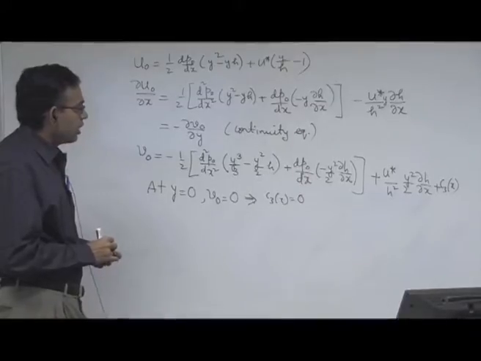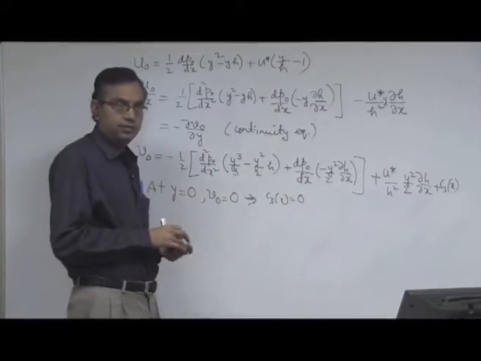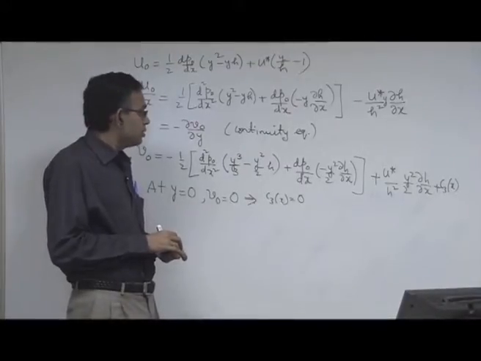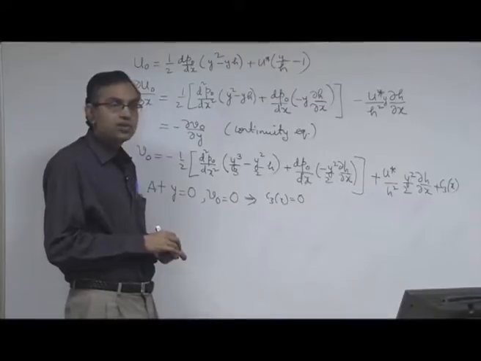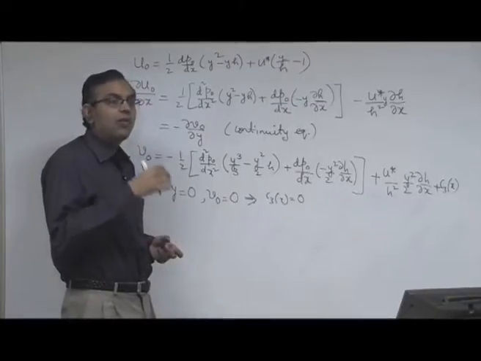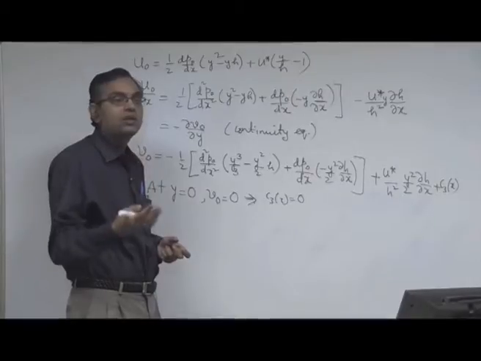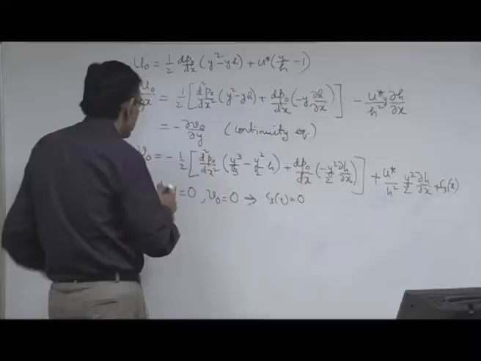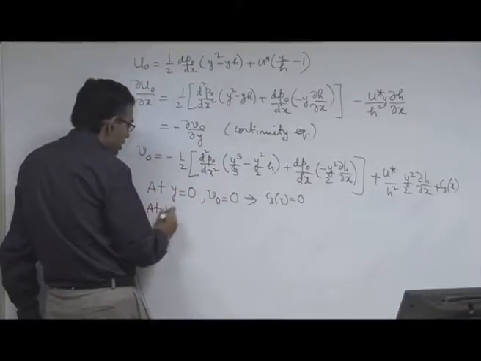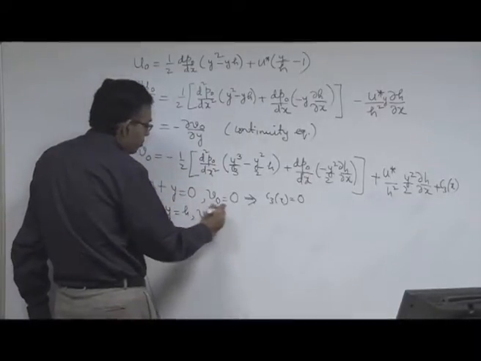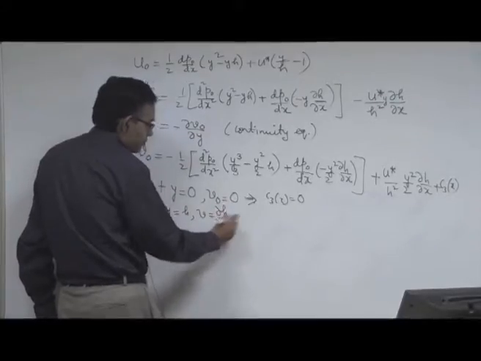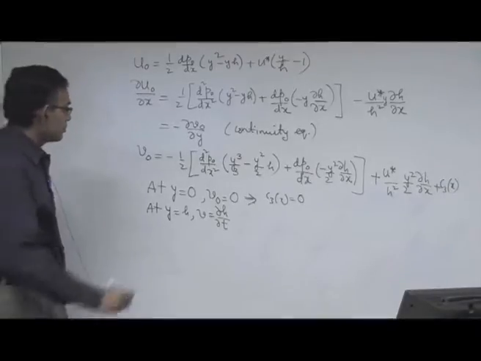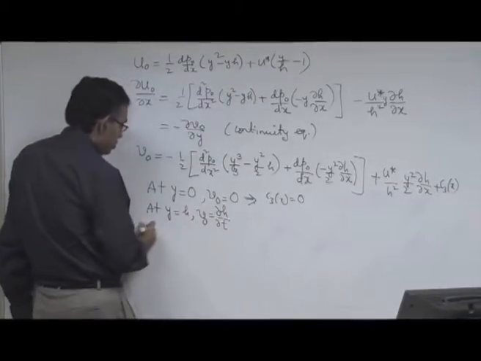Now, our objective is to get the pressure distribution. So, to get the pressure distribution, we can use one condition which we have not yet utilized, that is the kinematic boundary condition at y equal to h. So, at y is equal to h, V is equal to del h del t. V0 basically. So, del h del t